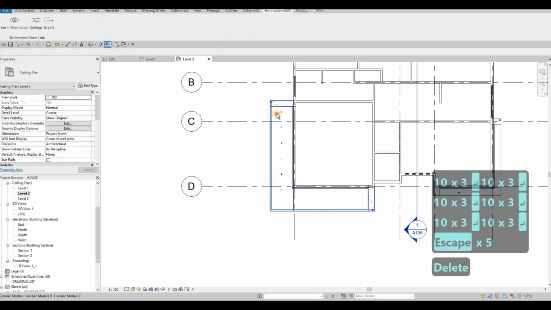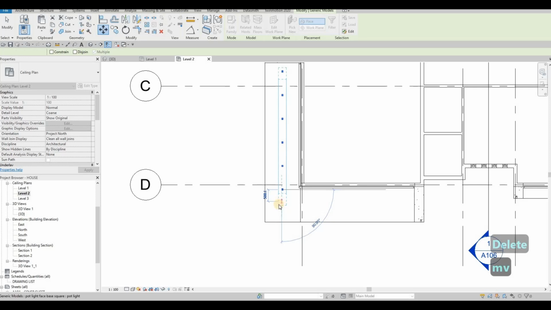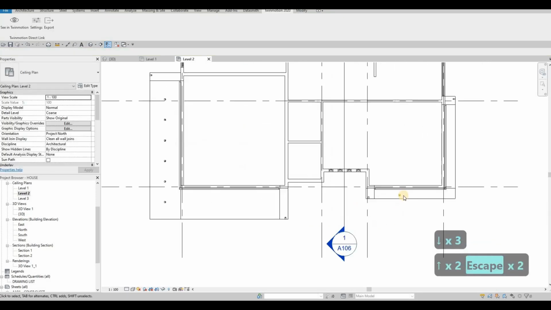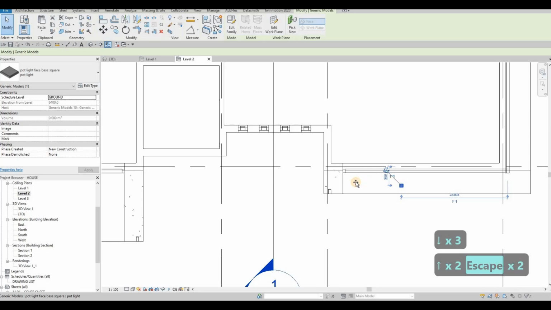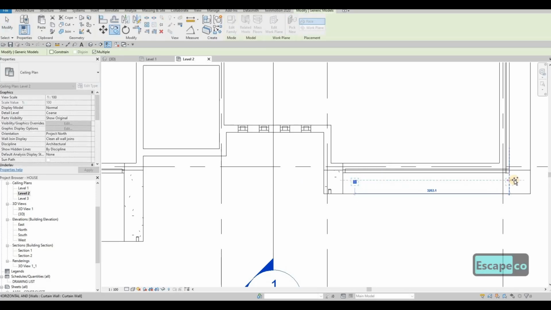We could actually delete this and then put this one near the midpoint right here. And then here we just need to add this one right here, copy again every 1000,